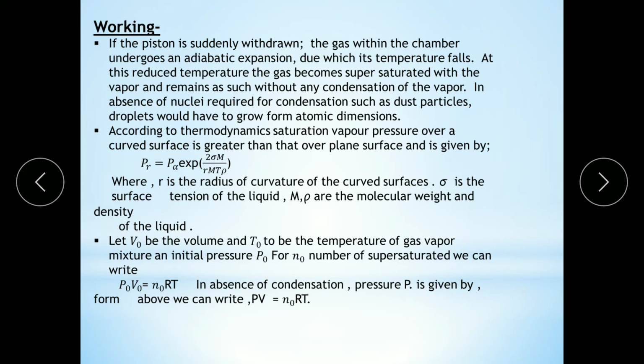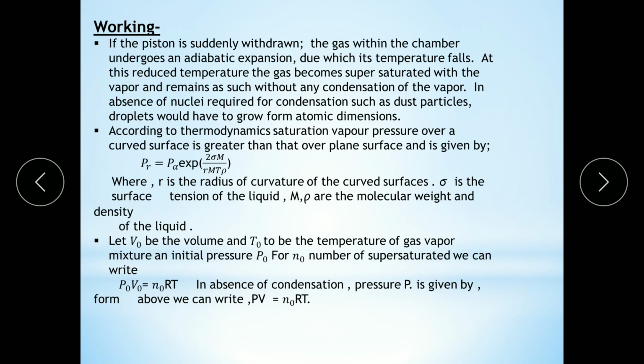What is actually a supersaturated condition? Supersaturated condition means that there is some limit for that saturation. See here, what is a solution? A solution is made of solute and solvent. For the saturation of that solution, a percentage of solute and solvent is already considered. But when the solute is greater than that considered value, then we can say that the solution is supersaturated. Means from that considered amount, the solute is more.